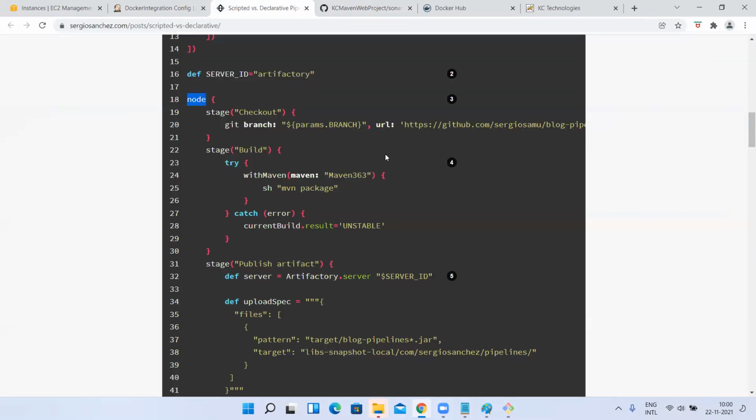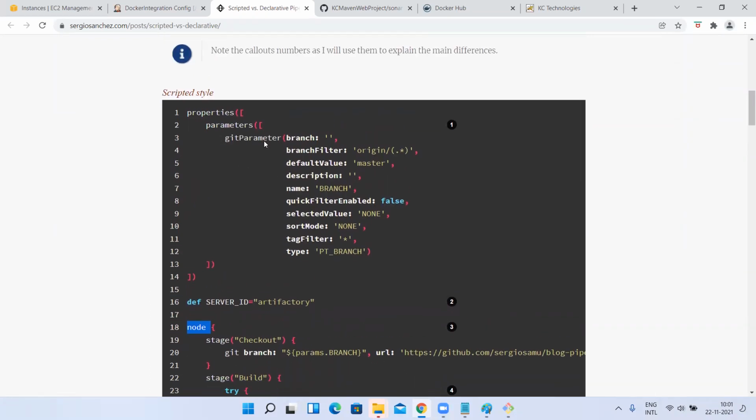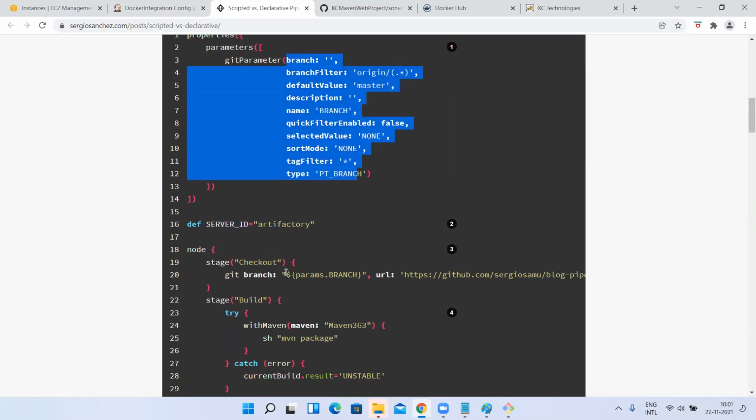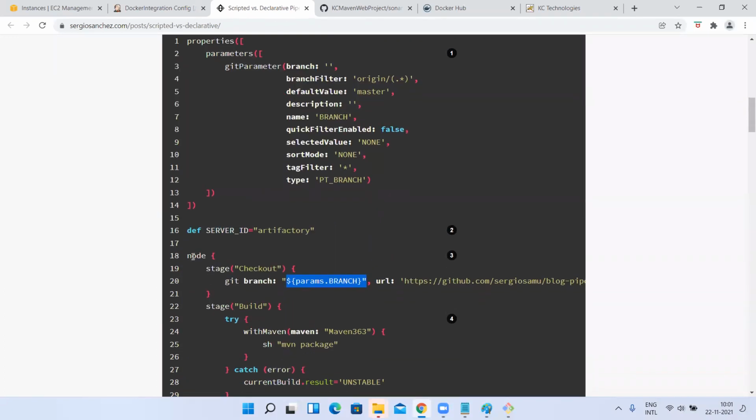Okay, guys, I'm stopping here, right? This one I was saying: Groovy script, Groovy shell script, scripted format and declarative format. In scripted format, before starting the script itself, if you want to set some variables, you can set them with def. If you want to set a group of variables also, you can set them and read them wherever required. Params, different parameters for parameterized jobs, you can set like this. Anyways, we'll learn slowly, one by one. So by seeing this itself, you can tell it is scripted format.